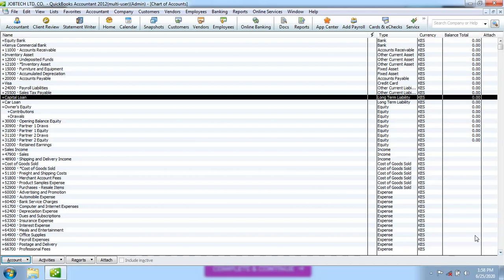In fact, for the motor vehicle, I want you to create two sub accounts under motor vehicle. One, you are going to call it a pickup loan, and the other one you're going to call it